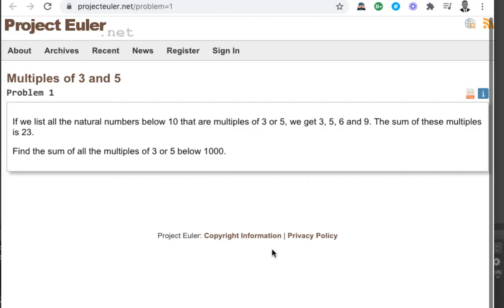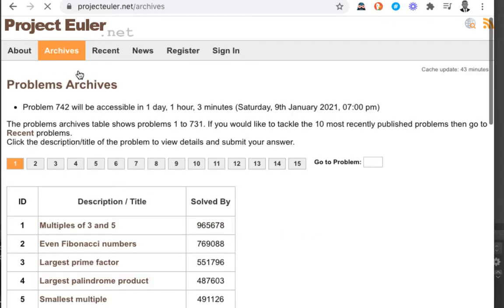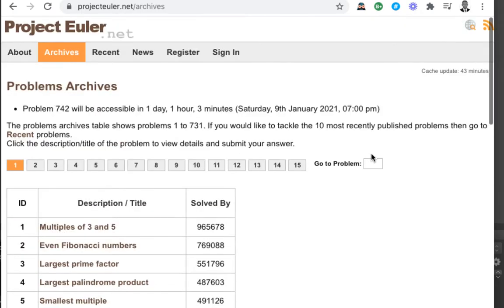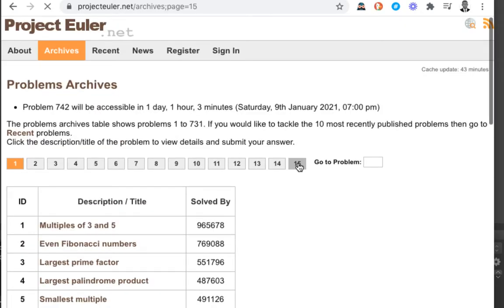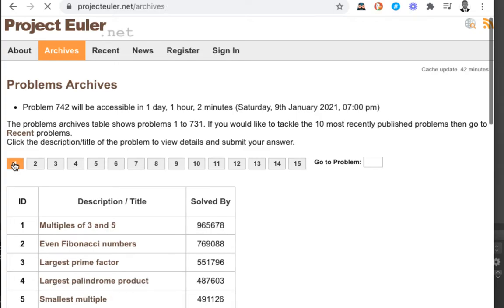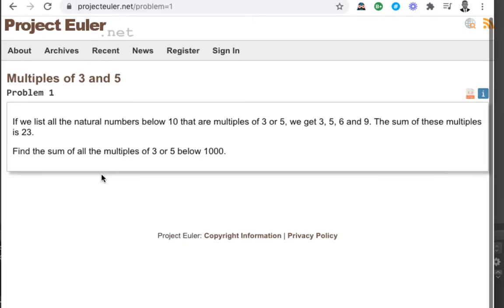We are going to be solving the Euler project, which is a website that has a list of algorithms you can practice to better yourself. You can see it starts from 1 and there are multiple pages. That's 50 on one page. If I go to the last page, you can see there are hundreds and hundreds of them. So today we're going to start with number 1, which is about multiples of 3 and 5,